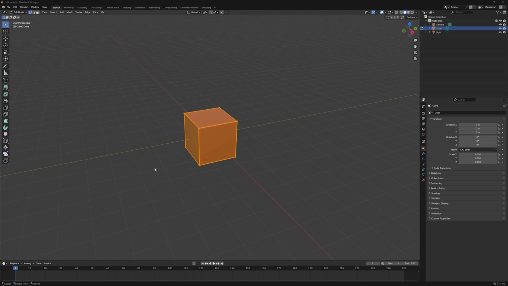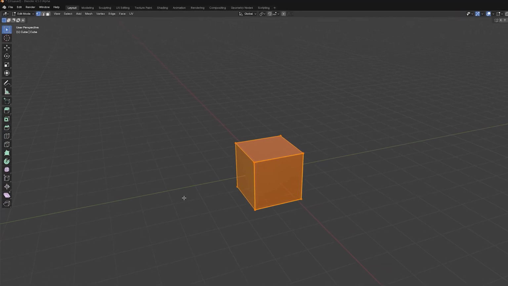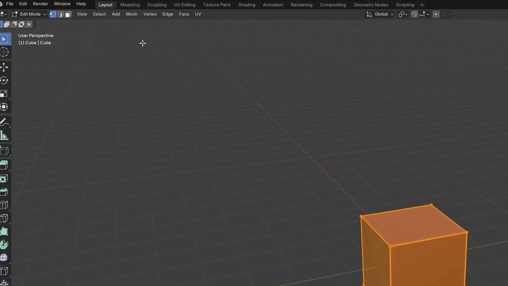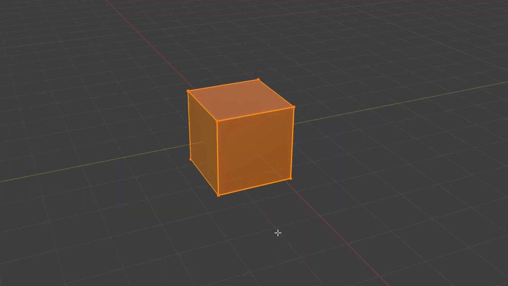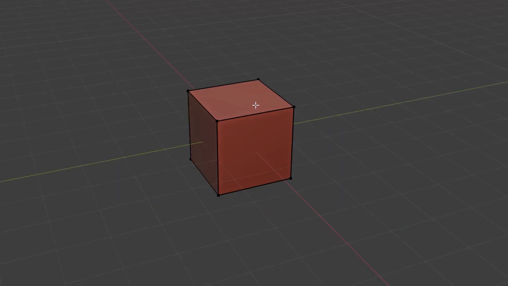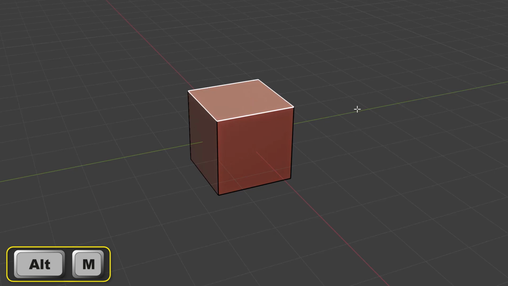The split operations are closely related to the rip tool, which we covered back in video 59, and is used to separate elements of a mesh from the main body or to tear holes in the mesh. To access the split operations from the 3D viewport's main menu, we need to select Mesh and then Split. This produces a submenu. The quicker way to access the submenu is to press Alt-M, which produces the submenu as